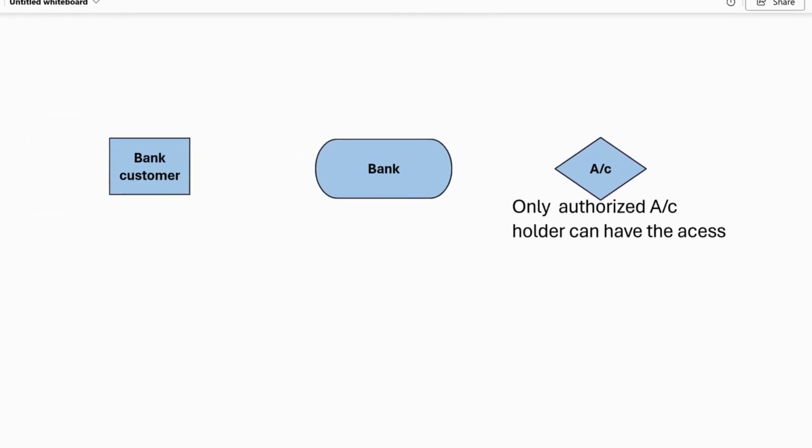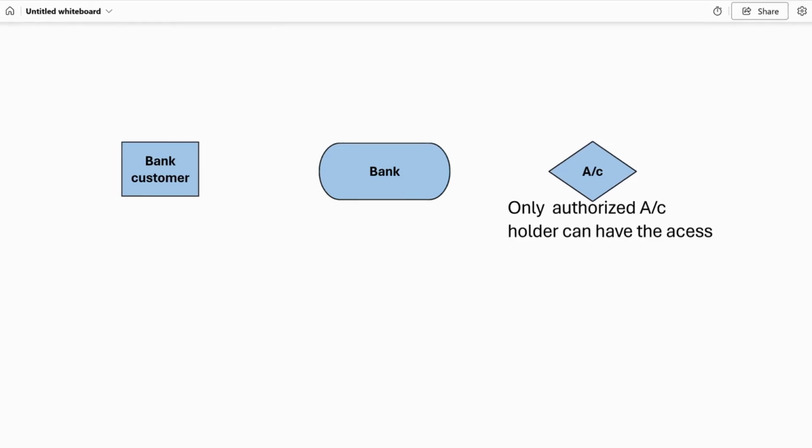Suppose there is a bank and they have customers who have bank accounts in this bank, and suppose this is a Swiss bank, which is famous for confidentiality. Any amount we can deposit there and the information will not be revealed.